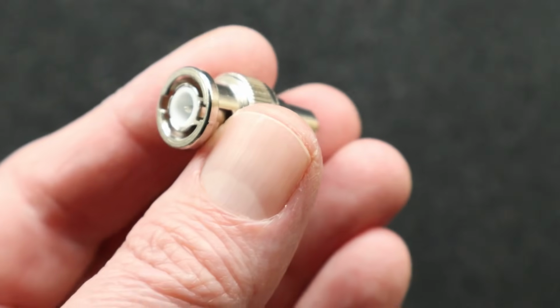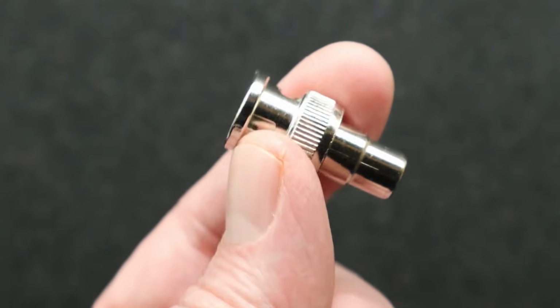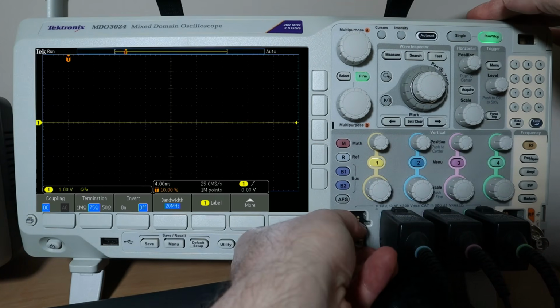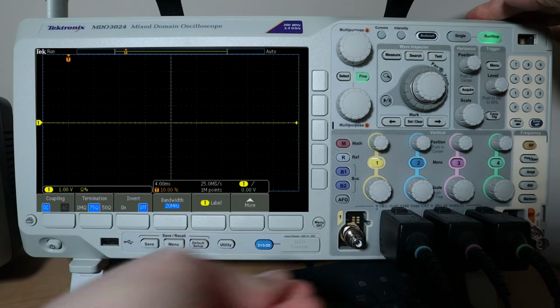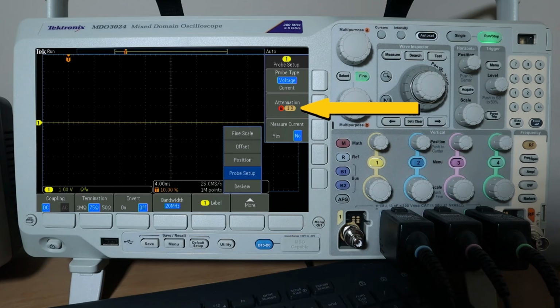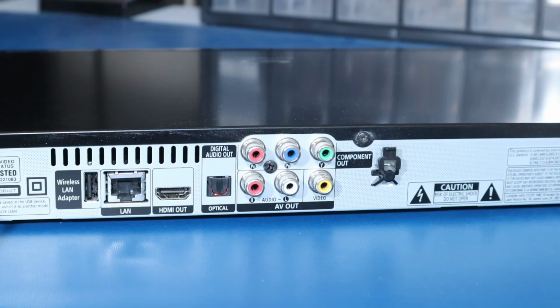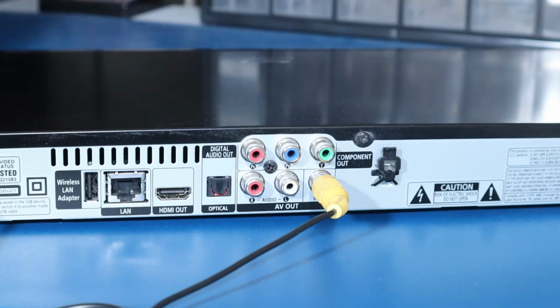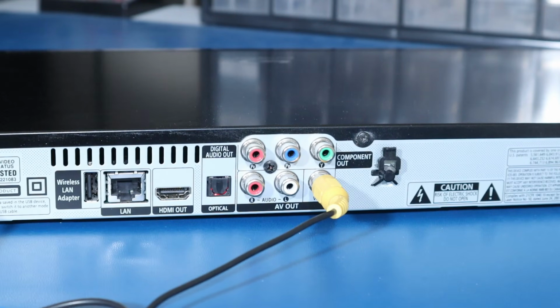Well, you have some options. I'll show how we can use an actual scope probe a little later. But for now, the option I'll be showing first is to use one of these inexpensive BNC male to RCA female adapters. Now we can simply connect the RCA video cable directly from the Blu-ray player to the scope input. Make sure the probe attenuation is set to 1 times, and not something like 10 times. These RCA video cables are usually designed to have about 75 ohms of characteristic impedance,